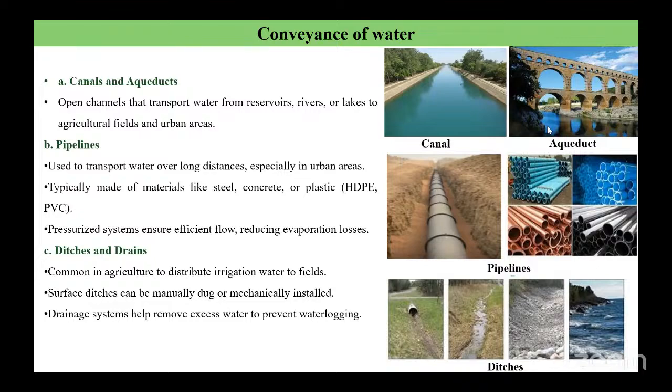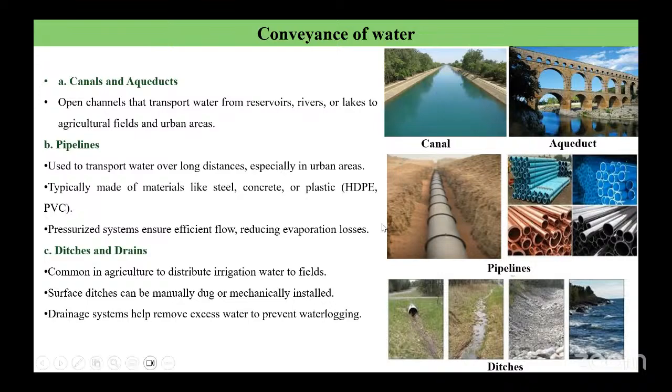So these canals and aqueducts are majorly used to transport water in a particular direction from the reservoirs. Mainly these open channels, the canals and the aqueducts, are used to transport water from the reservoirs, lakes, and rivers to the agriculture fields and urban areas. Ultimately, these canals and aqueducts lead to agricultural or urbanization purposes. And how can this be done in the form of pipes as well? So one is the canals and aqueducts, which regulate the water. The other one: how do they distribute to the proper pipelines?